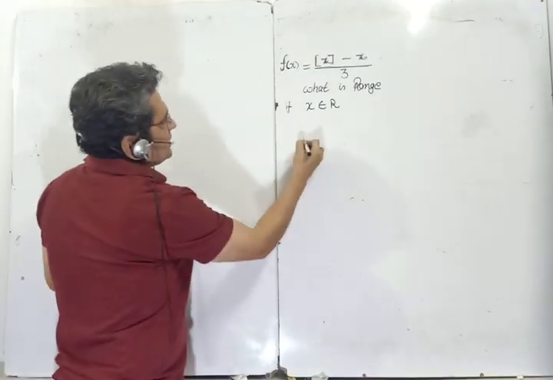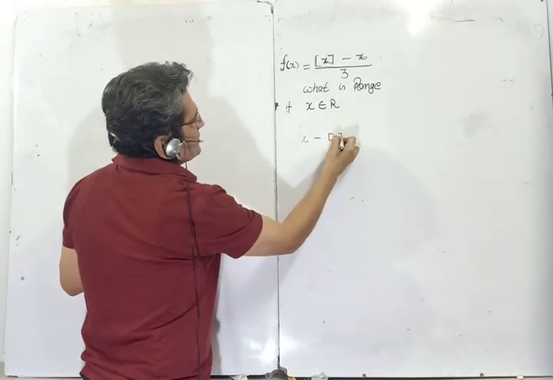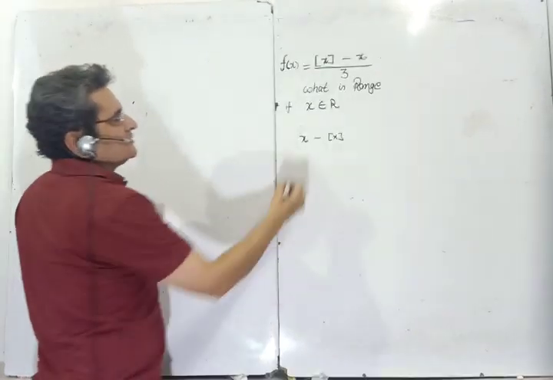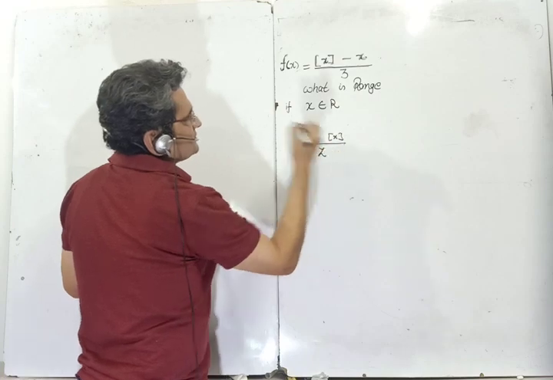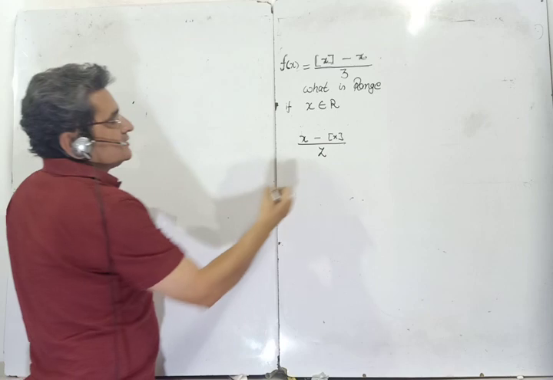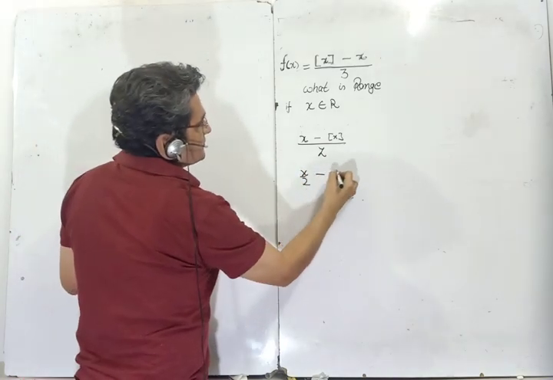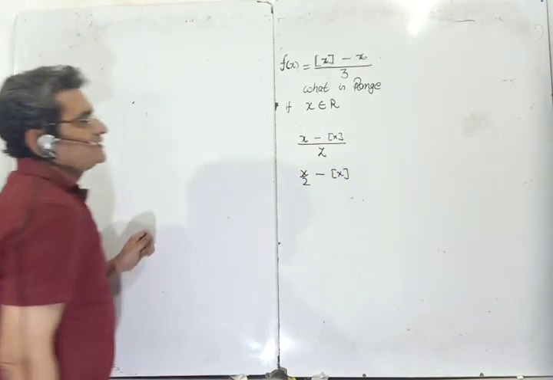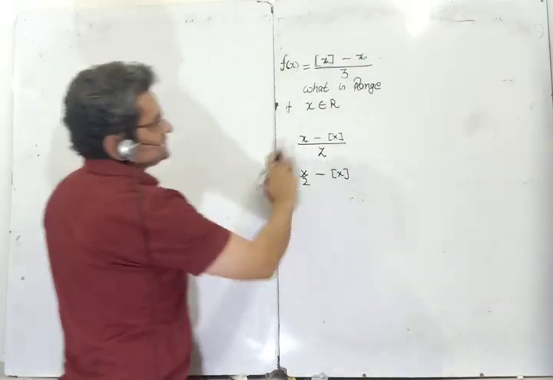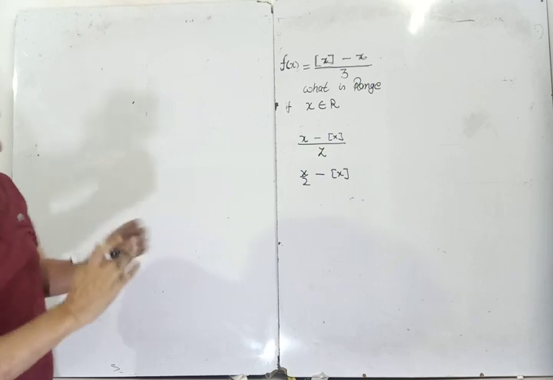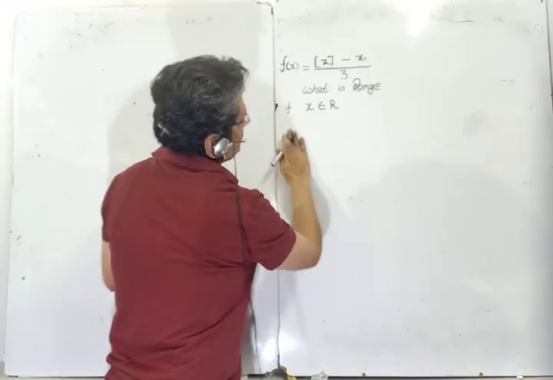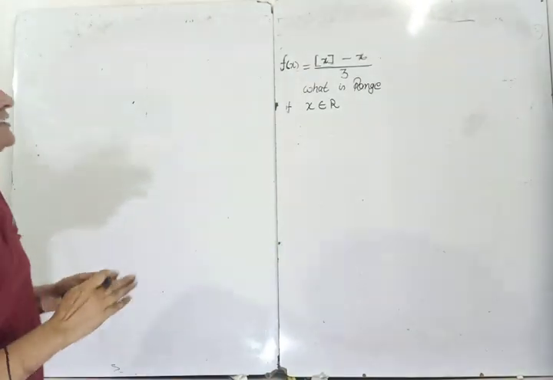It can be x minus [x]. It can be x minus [x] upon some number, say some integer which is given. And to make it more complicated, it can be x upon 2 minus [x], which I am not covering right now, but that also can be done with just some logic. But there, instead of the range, you will be asked to find out the area. Here you can be asked to find out the range because that is easy to find out.